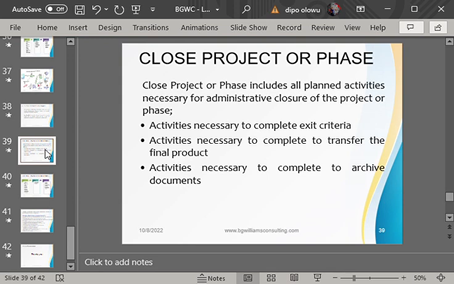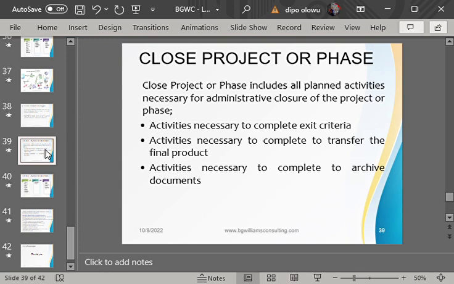So the closing phase of a project is that phase when the project managers have finished their technical work and they are now transferring the final product to the customer. And when that is done, it is subject to review by the customer. That is why we say it is the customer that will send feedback that yes, we have accepted that this project is okay, and we finally close it.